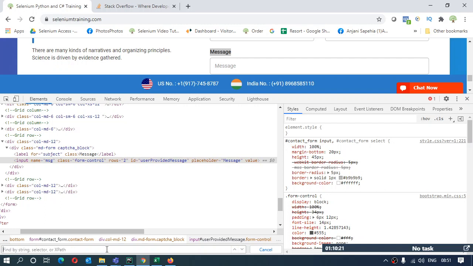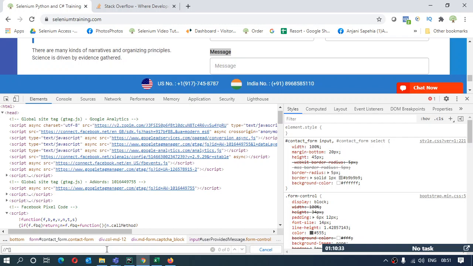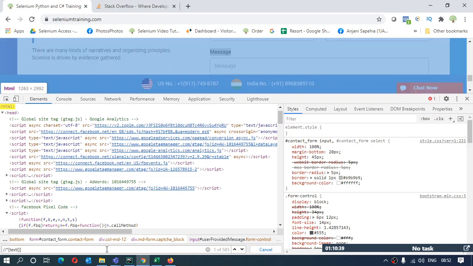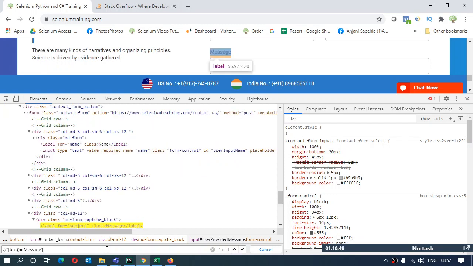You just need to do one thing. Again, you are making the XPath, so you'll use // star. Inside that you will say there is a text on the web page. Text surrounded by a pair of parentheses is equals to the text which you are looking for. Which is the text over here? Message. Right. So I'll say message and done.